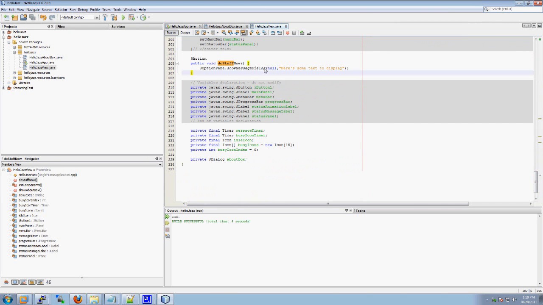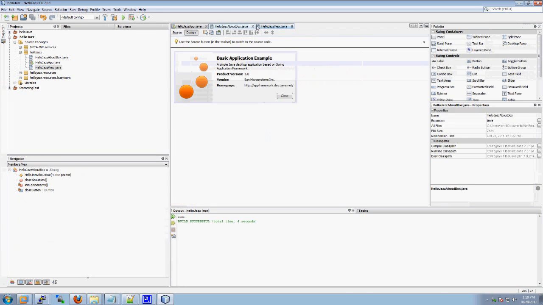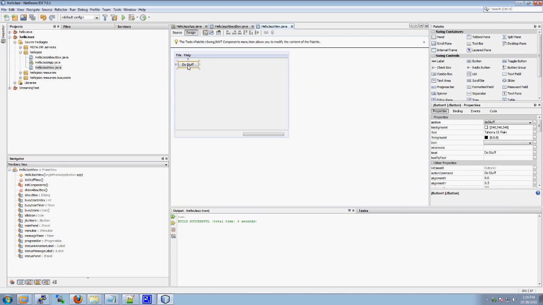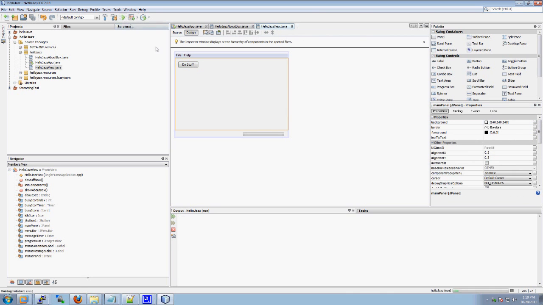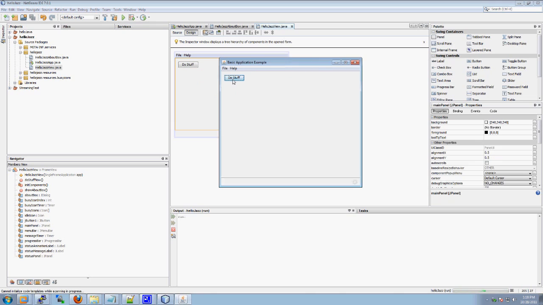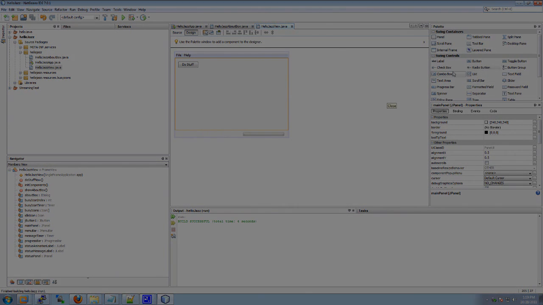Okay, so since we renamed this thing, how do we get the button to go back to there? Well, you see where its action is set. So you click on the button, and then in its properties, its first property is action, and it's pointed to do stuff. Click the drop down, and there's no longer an option for do stuff because it's gone. Do stuff now is a method, and now we fixed our program. That's important to know. Now we can actually pull down